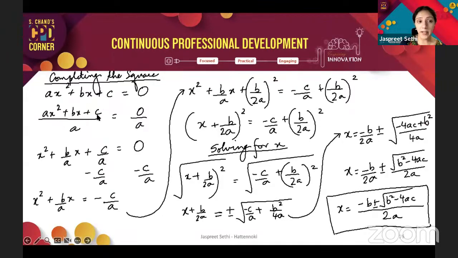We start by dividing both sides by the coefficient of x square, which is a. And then we take something to the other side, so we are subtracting c over a on both sides, and then trying to make the left side a perfect square trinomial. A lot of times when this has been taught, there's no relevance given to this b over 2a, or negative b over 2a rather.